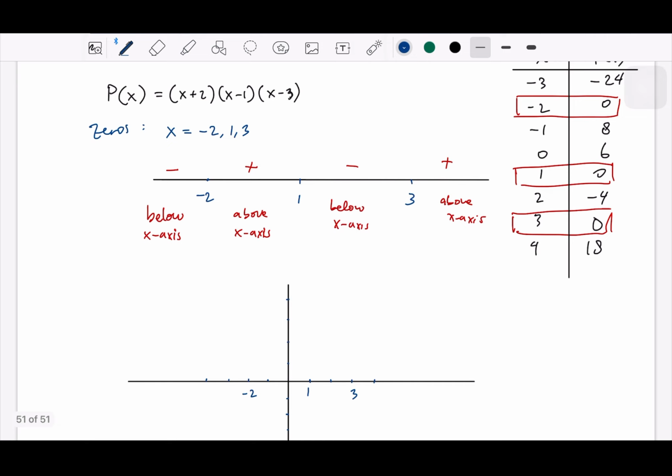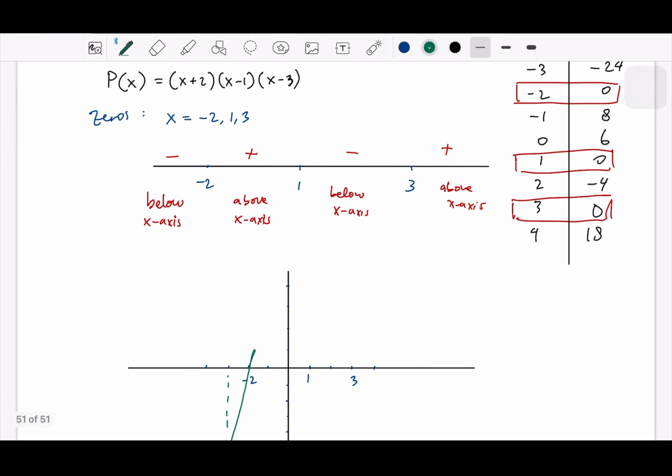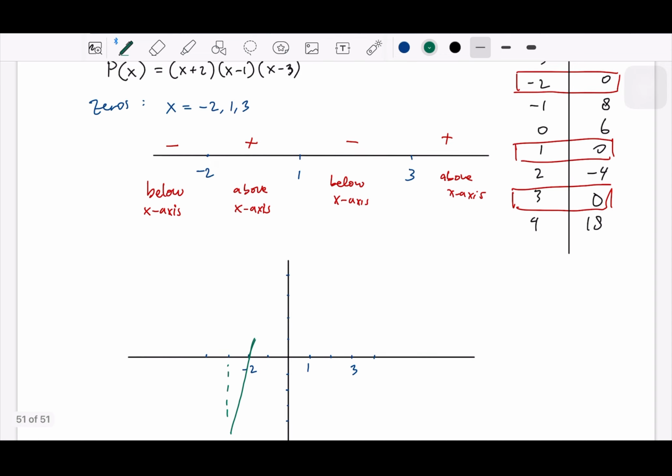So maybe start with -3. -3 is going to be down there. Let me use the green color. So it goes crossing -2 like that. And then in between we have -1 is 8, so it's going to